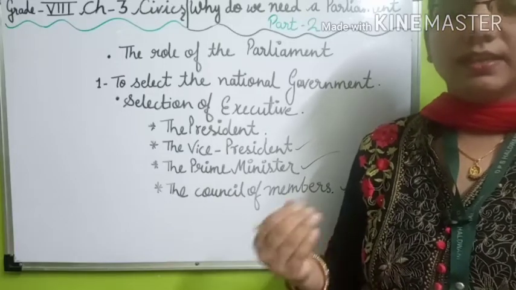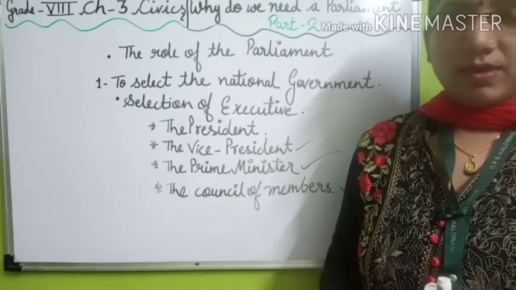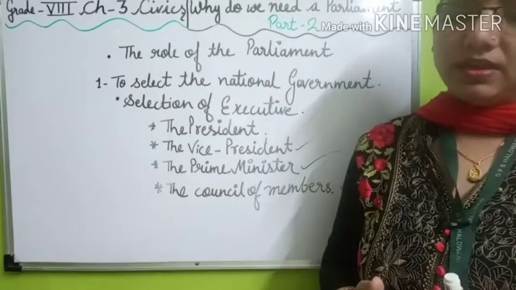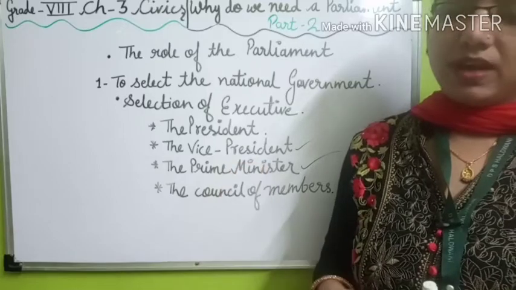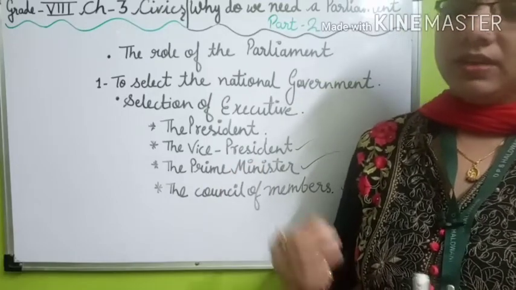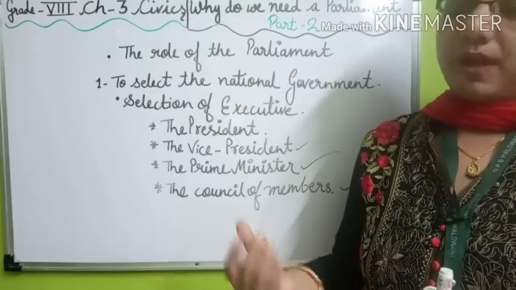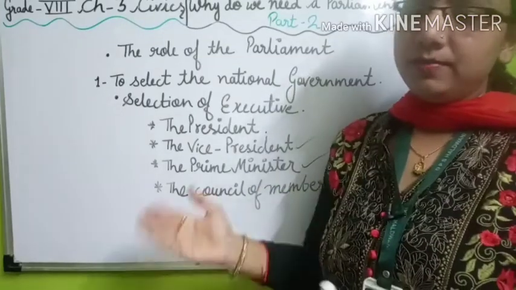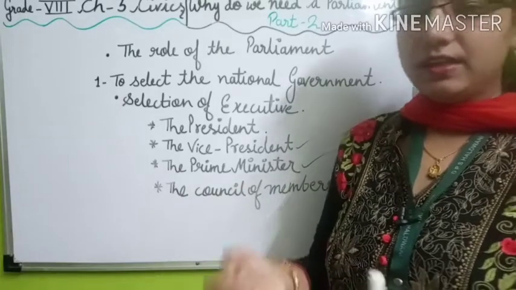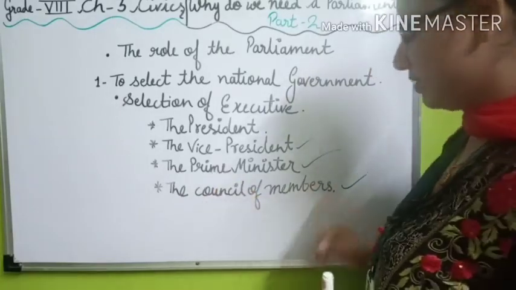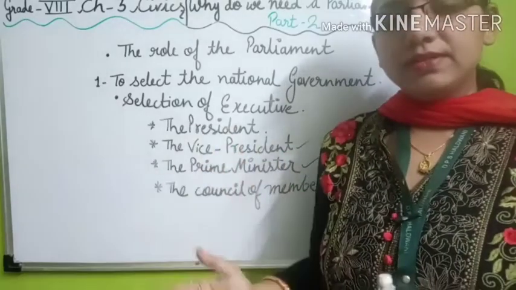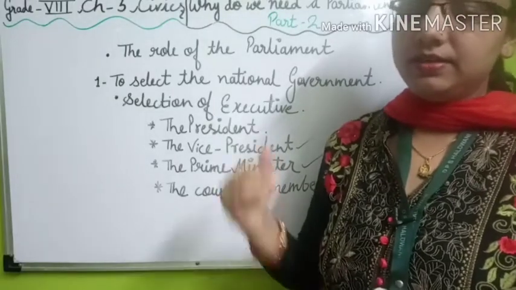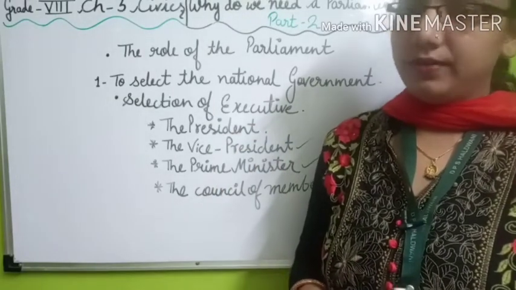OK, he has the power to summon, suspend and dissolve the parliament। यानी कि प्रेसिडेंट के पास ये पावर होती है कि वो पार्लियामेंट को डिसॉल्व भी कर सकता है। OK, the president appoints the Prime Minister, and the Central Council of Ministers on the Prime Minister's advice। यानी कि जो सेंट्रल काउंसिल ऑफ मिनिस्टर्स है वो प्रेसिडेंट प्राइम मिनिस्टर के एडवाइस के थ्रू चुनता है। OK, and the president is the supreme commander of our defence forces।